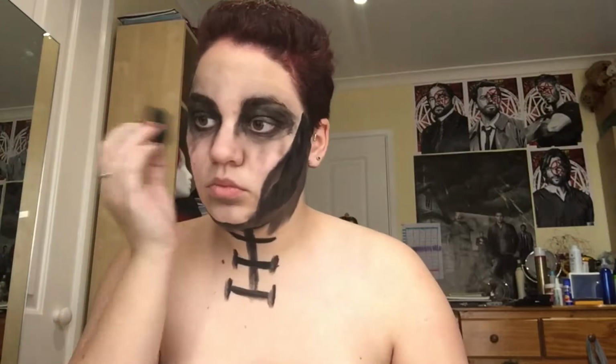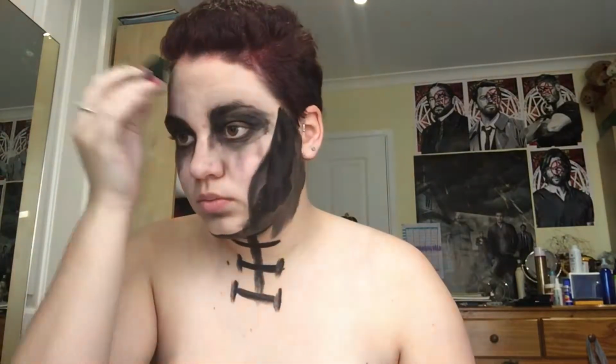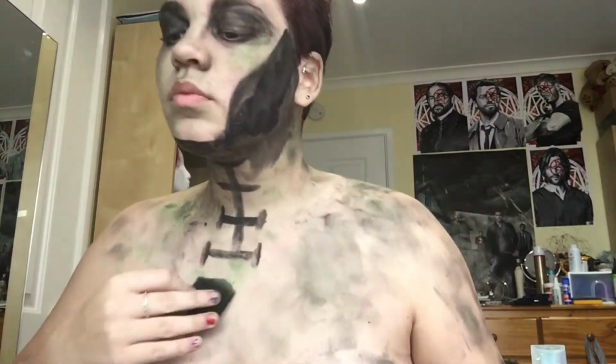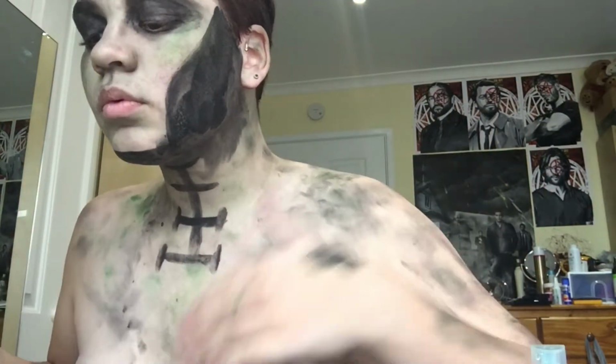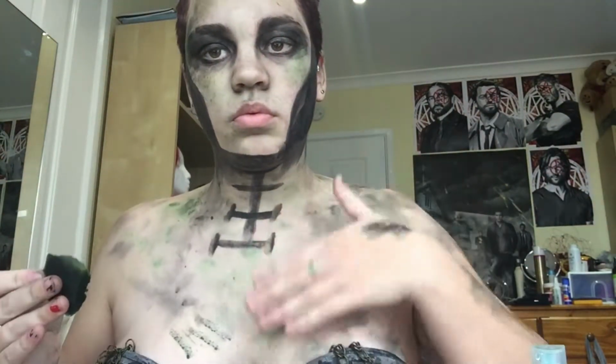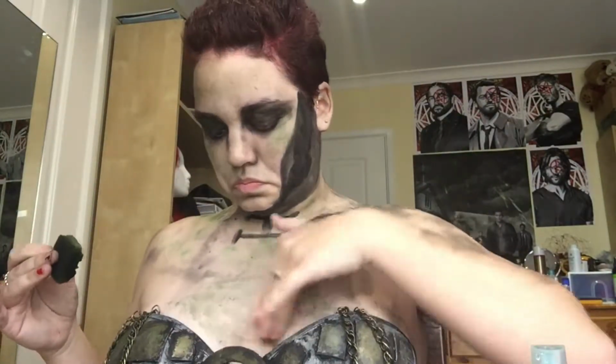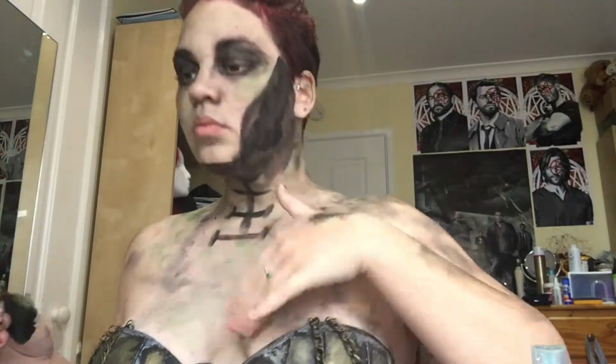Next thing I'm doing is using a sponge with pieces taken out of it, and using very watered down black paint and stippling it all over my face in a very random pattern. For some reason my camera stopped recording, but I did the exact same thing everywhere with black around my body, green,